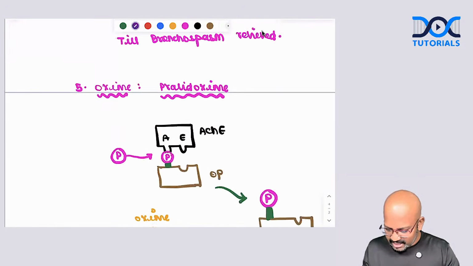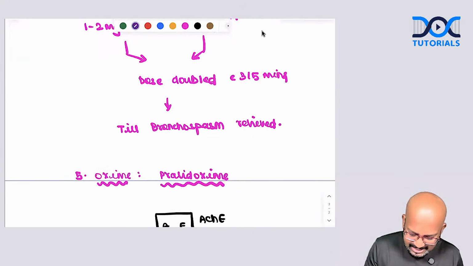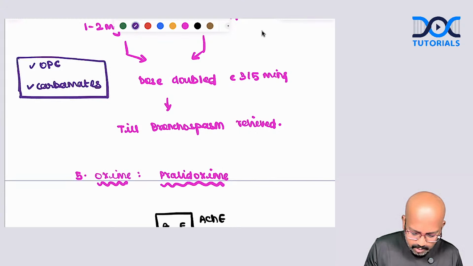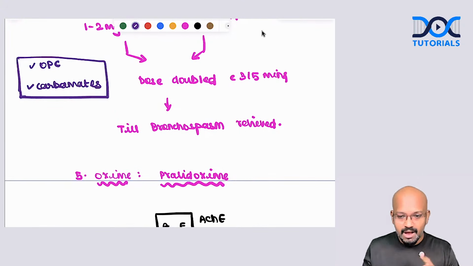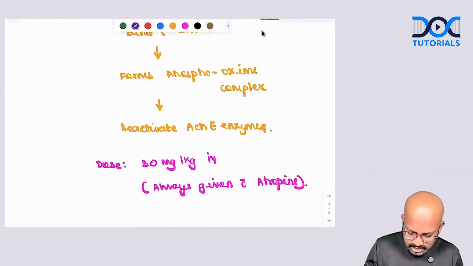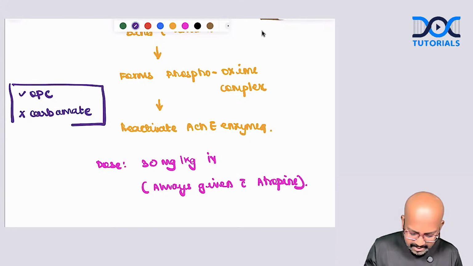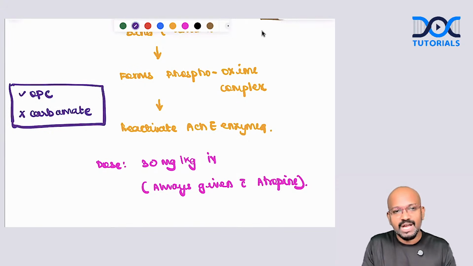Your atropine is there, no? Yes, atropine is effective against organophosphorus compounds poisoning, and it is also effective against carbamates poisoning. On the other hand, oxime drugs will be effective against organophosphorus compounds, but will not be effective against carbamates poisoning, because carbamates bind with both the anionic and esteratic sites, my dears.